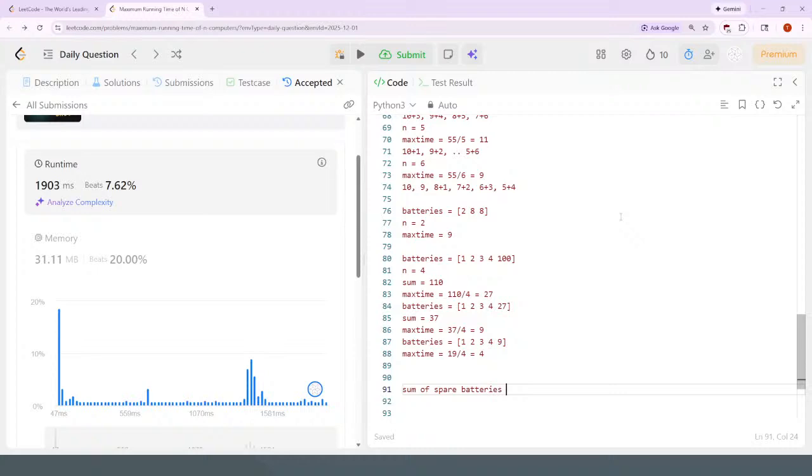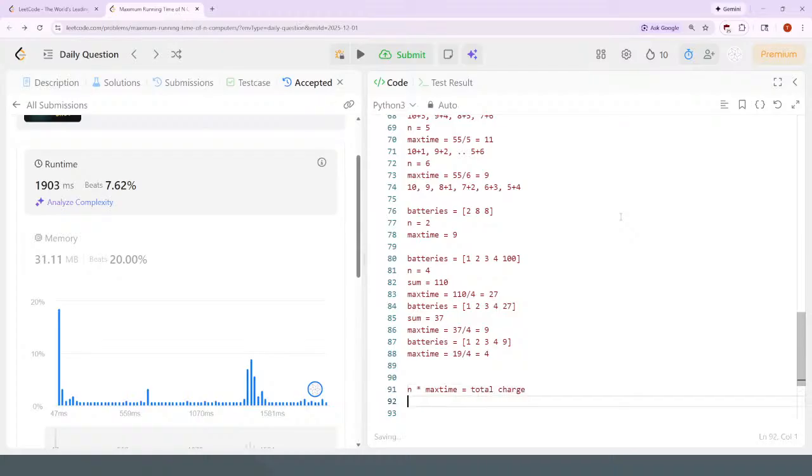What's the formula here? Okay, n times the max time is equal to the total charge. N times the max time is equal to total charge is going to be equal to charge from spare batteries